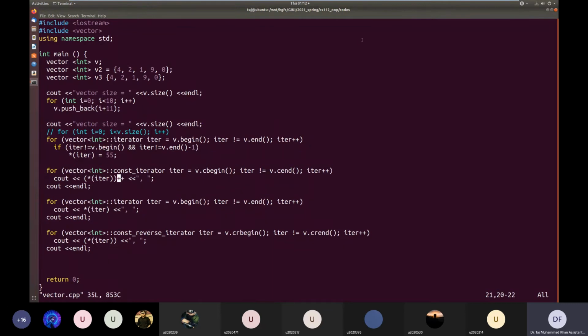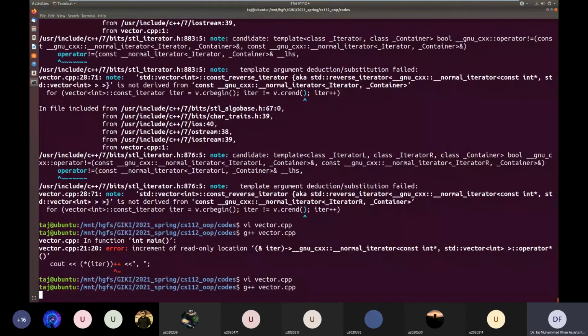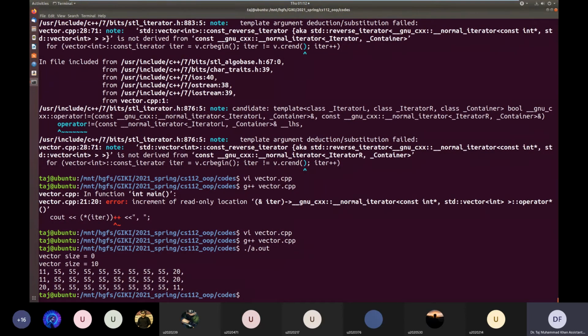Okay, so this was the error that we were getting: change the value, referred to by const operator. So you see this here, the last line.